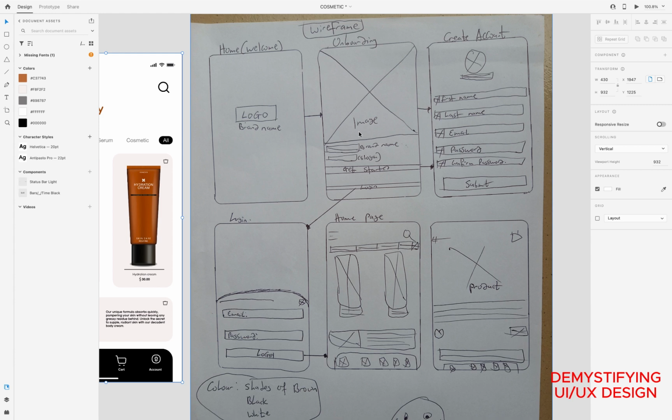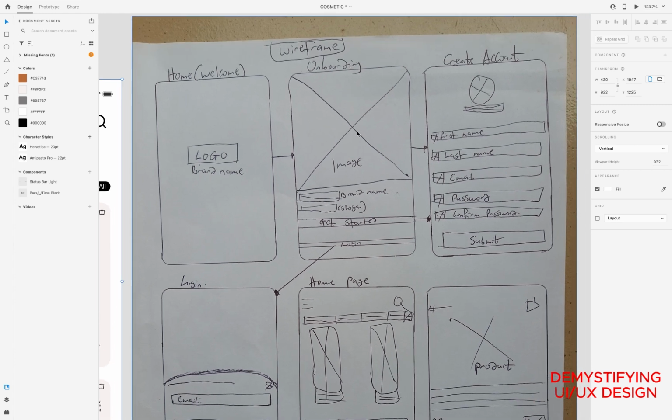By the time I show you this as a client, even before you implement the design, as a client seeing the wireframe alone, you already know that, okay, this guy knows what he's